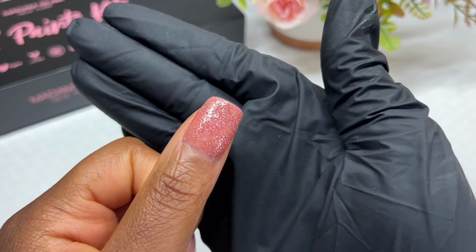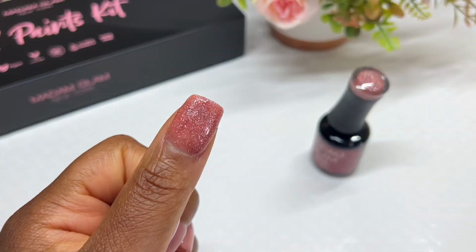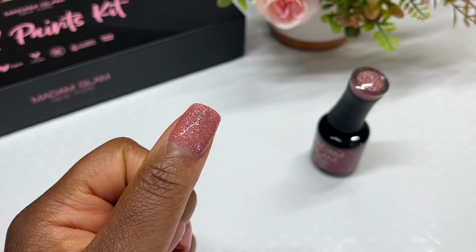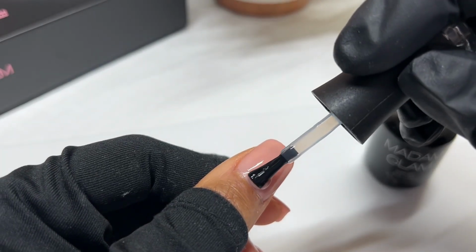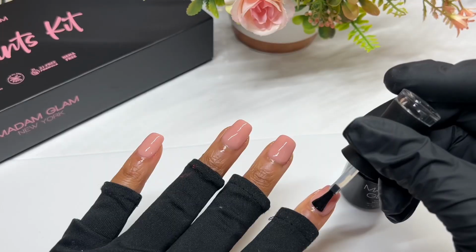Here is an up-close look at that reflective gel polish, and you can see that it is giving off a white flash kind of light onto the nail. It is absolutely stunning. We're going to go ahead and do a quick nail set, and we're going to start